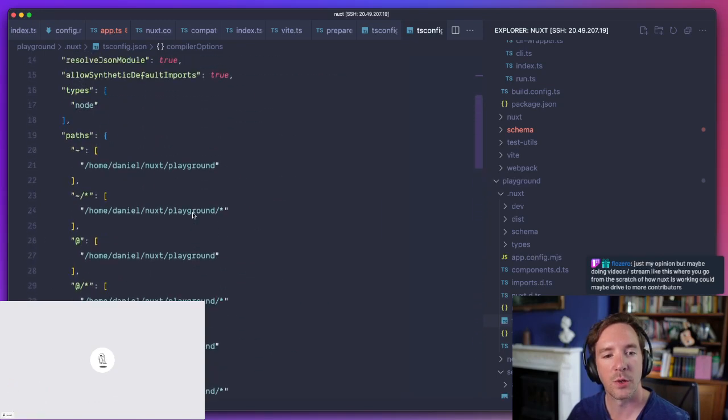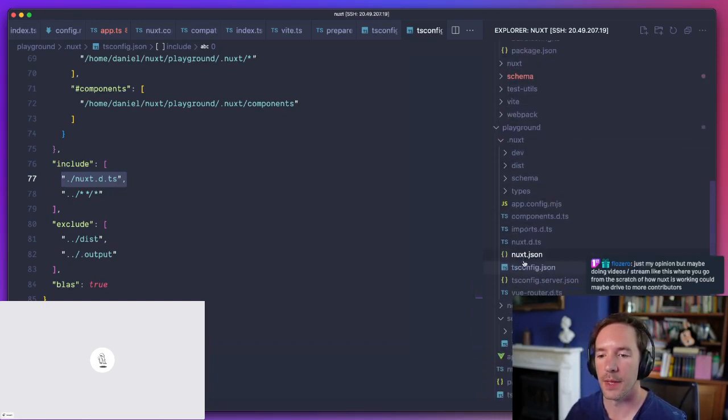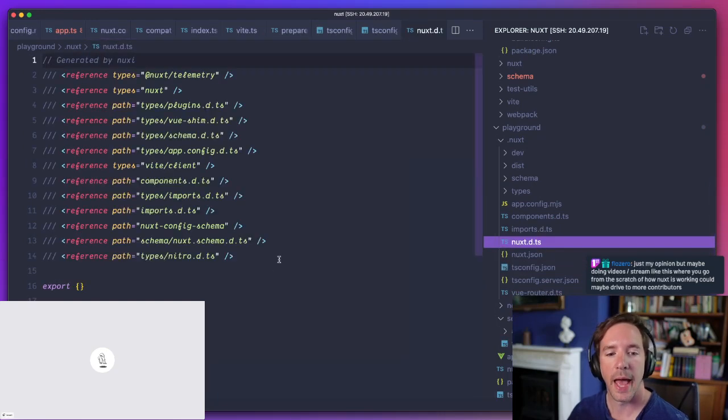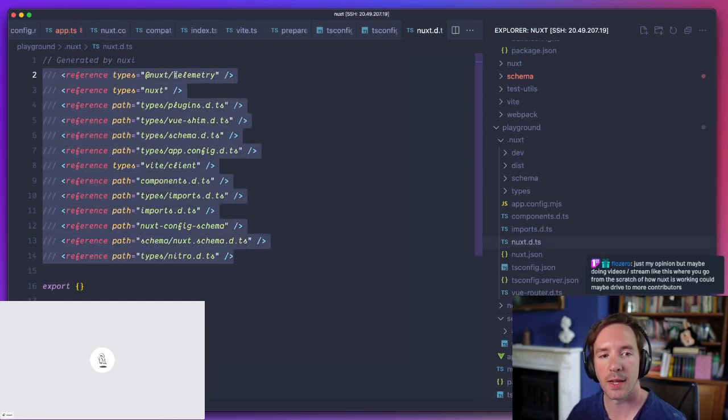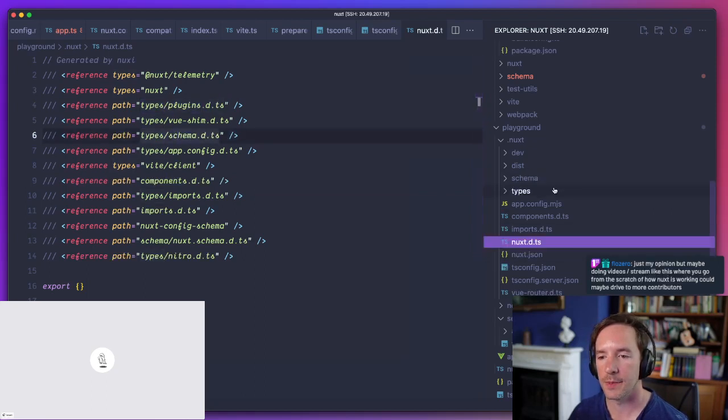Then we do some more things, basically all in this file. We add another generated file into the TypeScript config, and we are able to pull in the types that we need from different packages, and also some more generated types that we create in the types folder here.